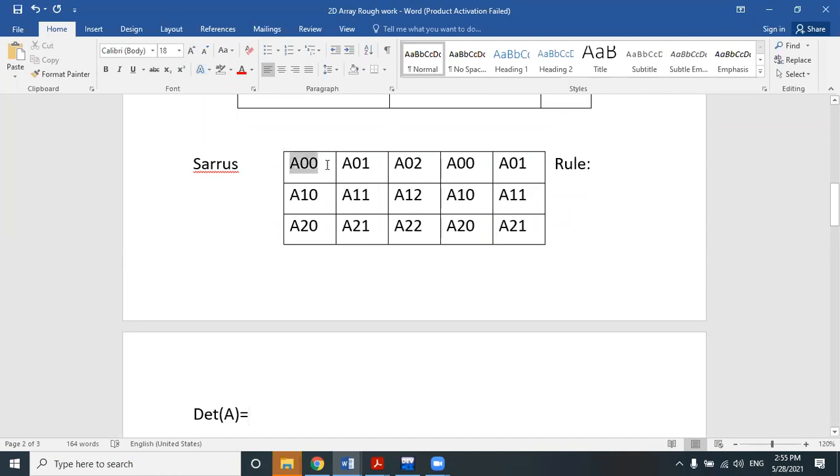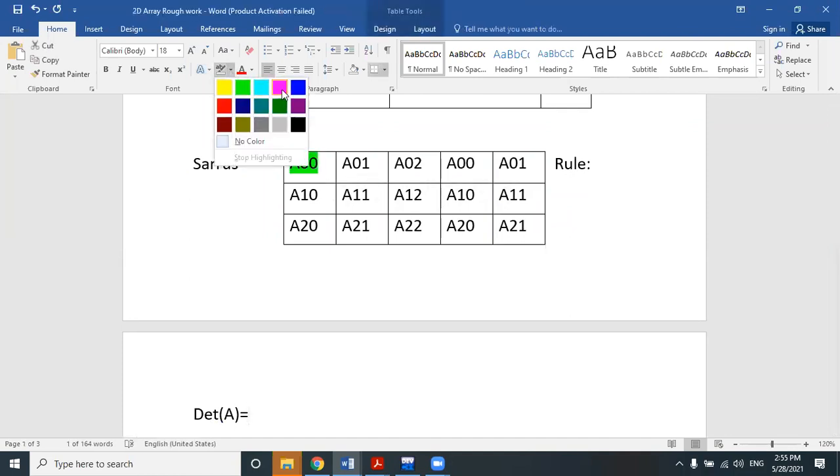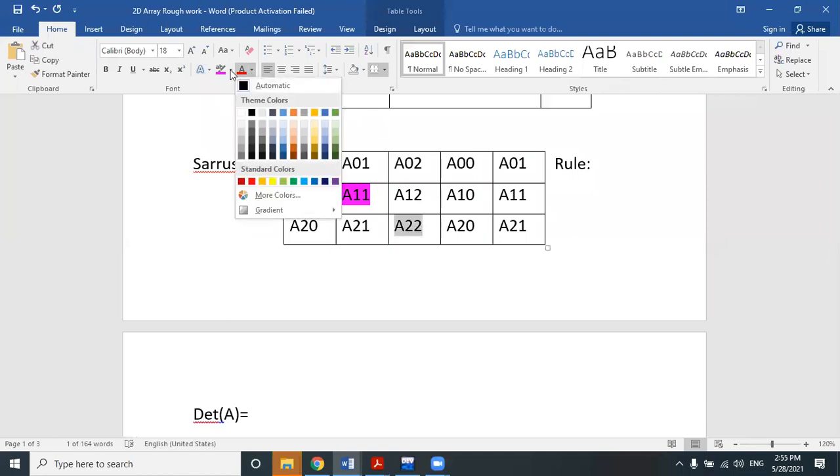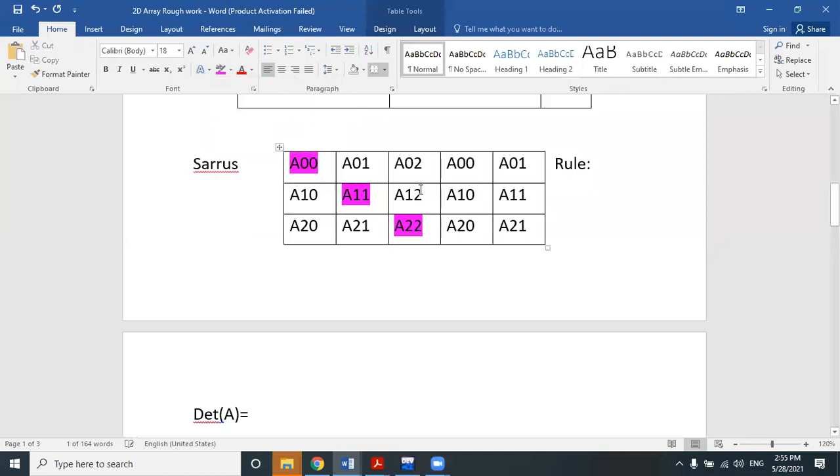Now Sarrus's rule tells you that you will have to multiply the corresponding diagonal elements of the 3 cross 5 process matrix and make a summation among them.